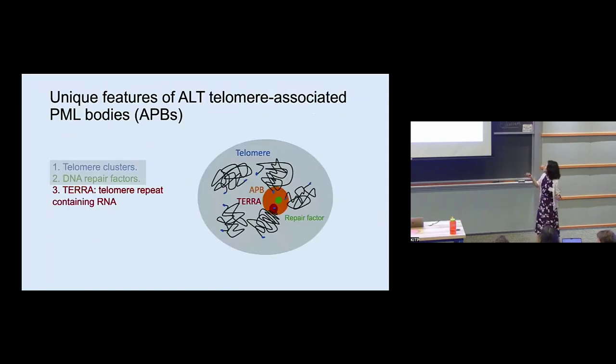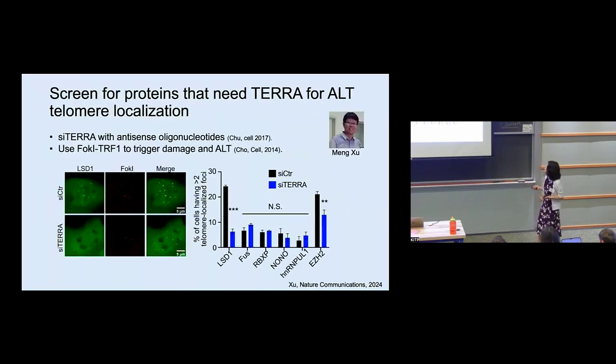Then for RNA, what do we do about the RNA, right? It's puzzling that the PML body doesn't have RNA. And then our intuition is it comes with the telomere, it doesn't come with the PML body. PML body happens to have RNA, but it might play some role in forming the PML body. That was the hypothesis. So to test that, we hypothesized there must be some RNA binding proteins that are important. So we knocked down